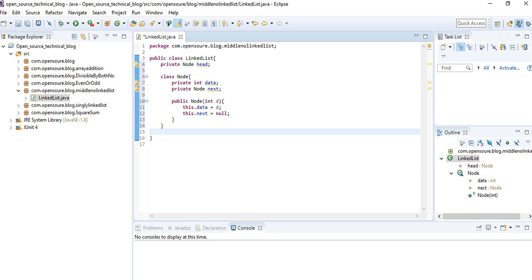So let me create a method where you can push the data to the linked list.